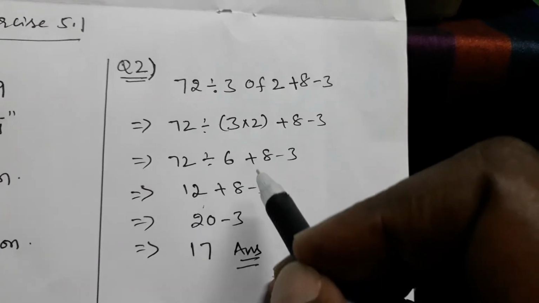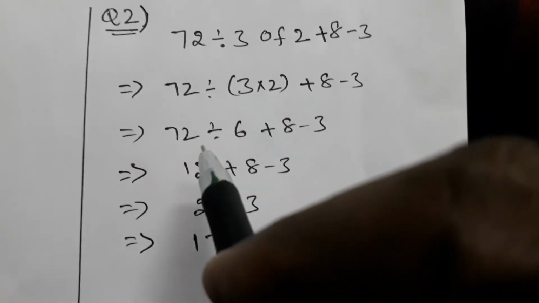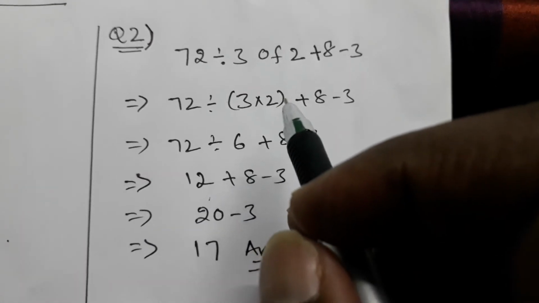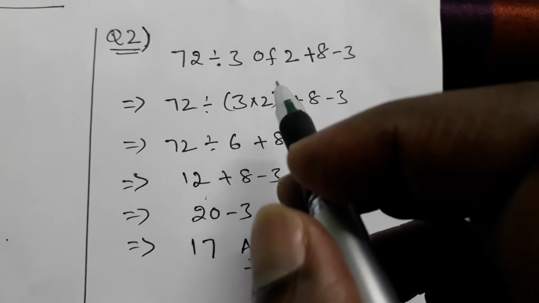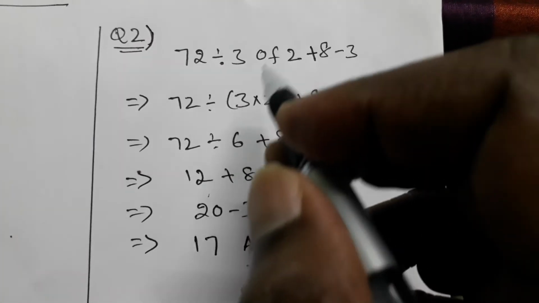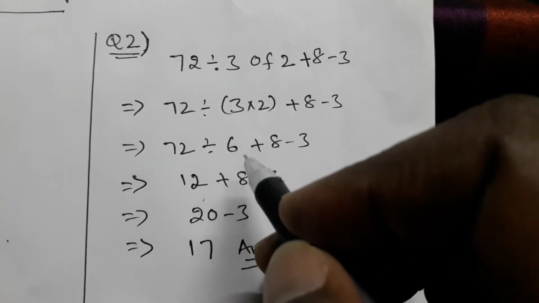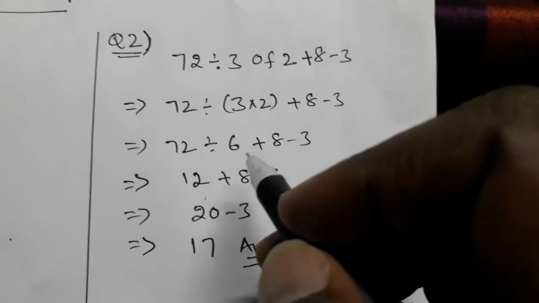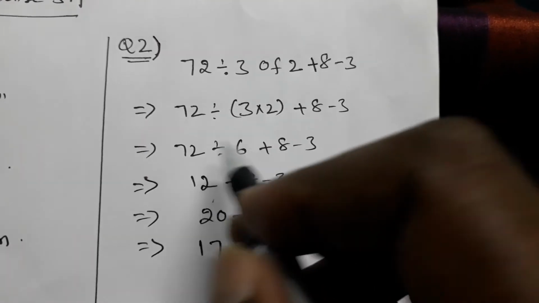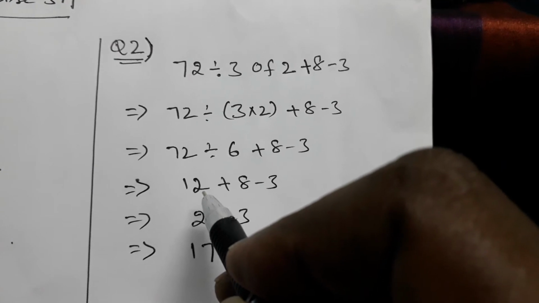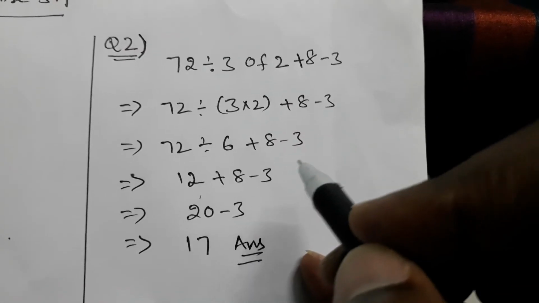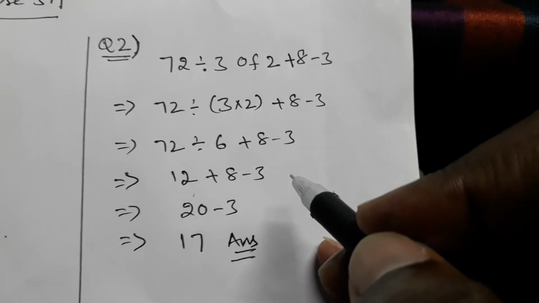Now after the 'of' operation, the division operation. BODMAS: B for brackets, no brackets. O for 'of', done. 'Of' means multiplication, done. Yes, 3 twos are 6. Next, D for division. Yes, do the division now, and write the result right here. Write the remaining as it is. Don't change the remaining numbers, write them as they are with the symbols.